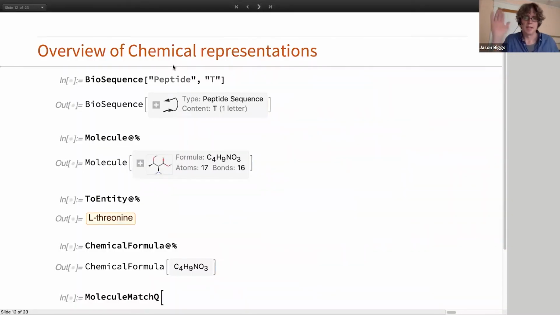Right. I just wanted to briefly show this. We've got all of these different ways of representing the same thing. I can make a biosequence with just one amino acid, and I'm going to find out later that that's threonine. So I might make a biosequence with just one letter. It's a waste of a biosequence, but the point here is that you can represent the same things at all